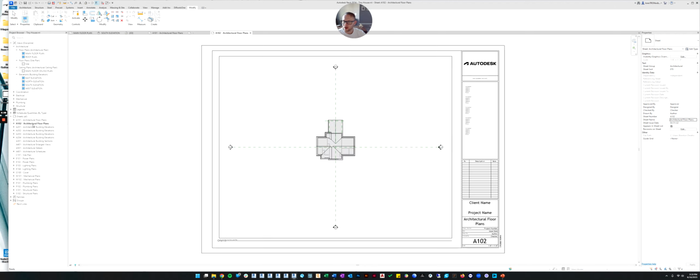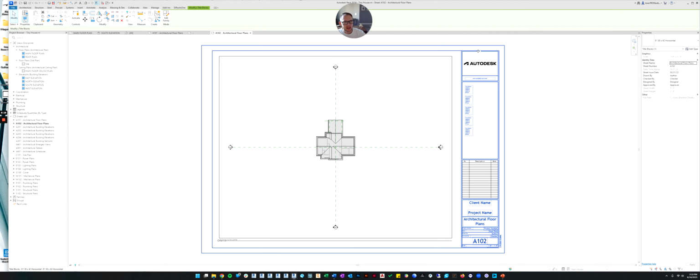So you'd have to do this for every sheet in your set. You don't have to do it one by one, however. There is a new command that I'm going to teach you right now that's very useful. If you click on a family and then you right click on it, there's this option that says select all instances. And you could pick all of the families that are in this view, which there's only one title block in this view, so you don't want that one. Or you can pick all of them that are in the entire project.